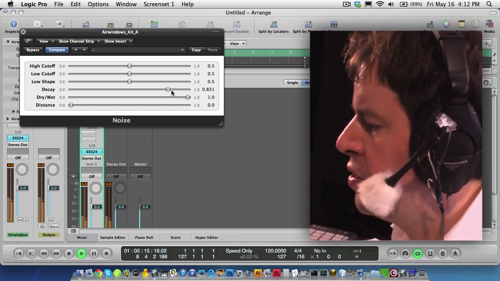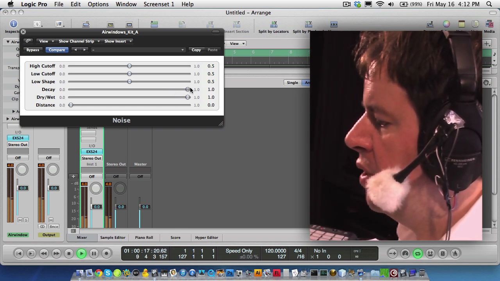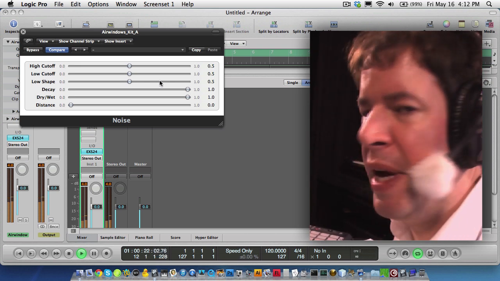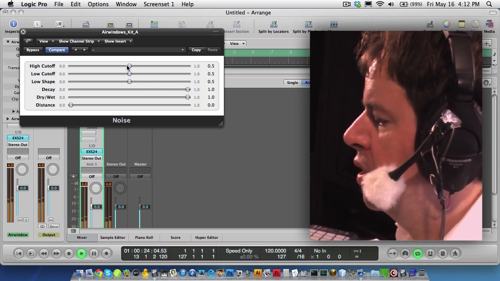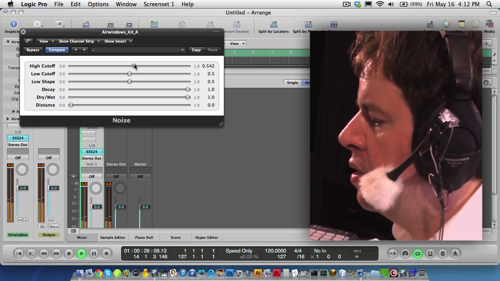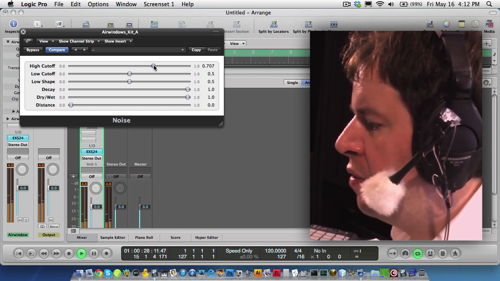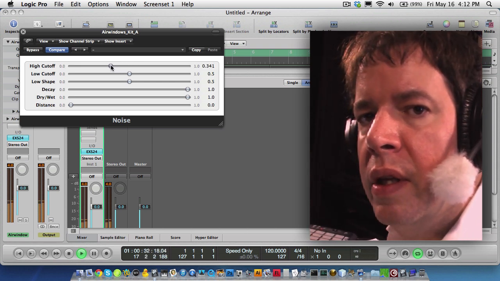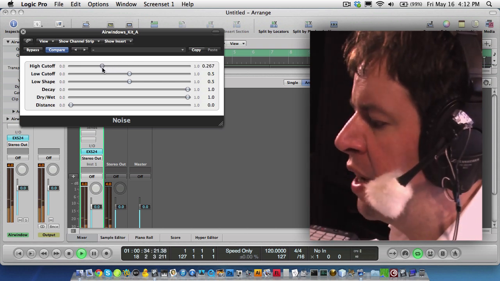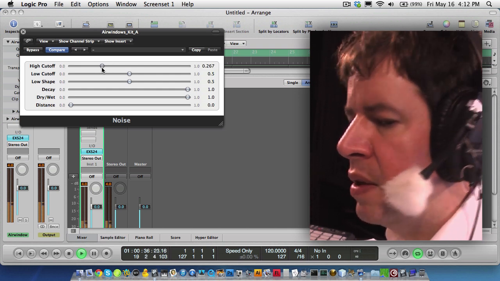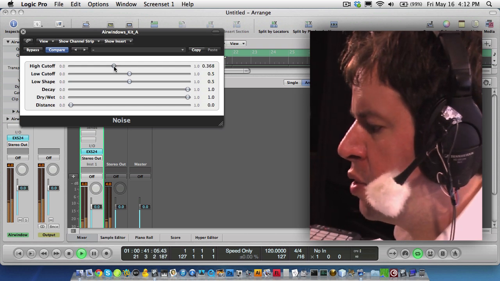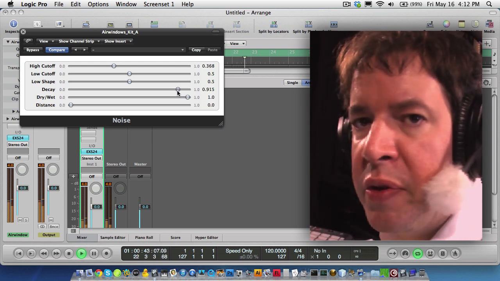Now you can hear how this thing goes. It starts out with the decay turned all the way up, and we've just got a pretty much solid massive noise going on here. If you turn the high cutoff down, you can start getting a roll-off effect. This is one of our filters here. And it is also a filter that responds to the decay,